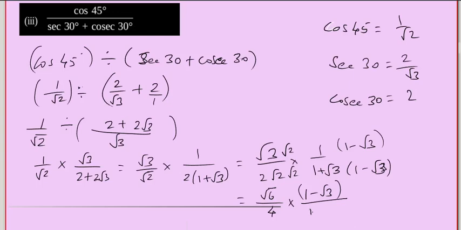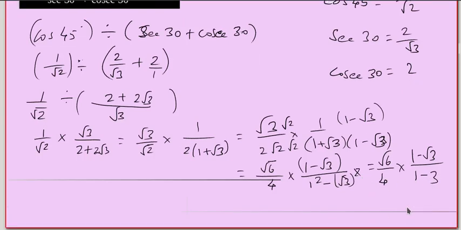Denominator, it is 1 square, because a plus b into a minus b format we have. Okay, a plus b into a minus b. So a square minus b square, root 3 the whole square. So we'll get root 6 by 4 this term as it is, and what happens here? Into 1 minus root 3 divided by 1 minus root 3 the whole square. This root and square will get cancelled, we will get 3. Okay, so what will happen?